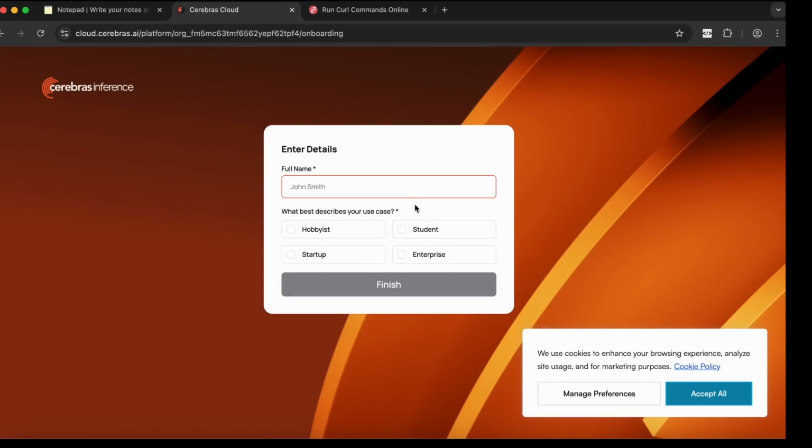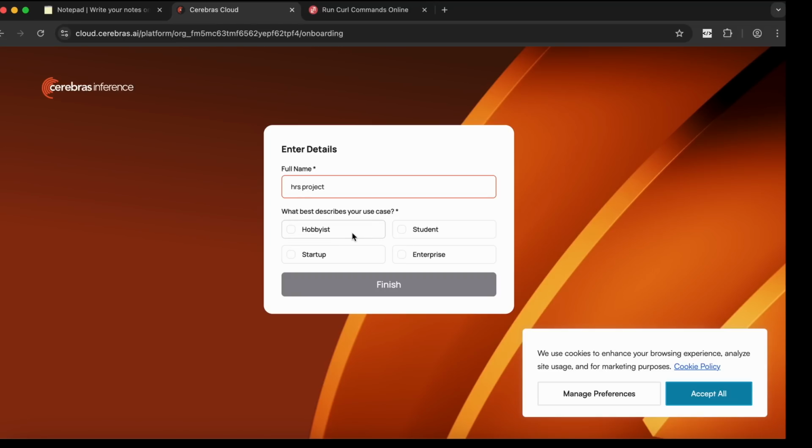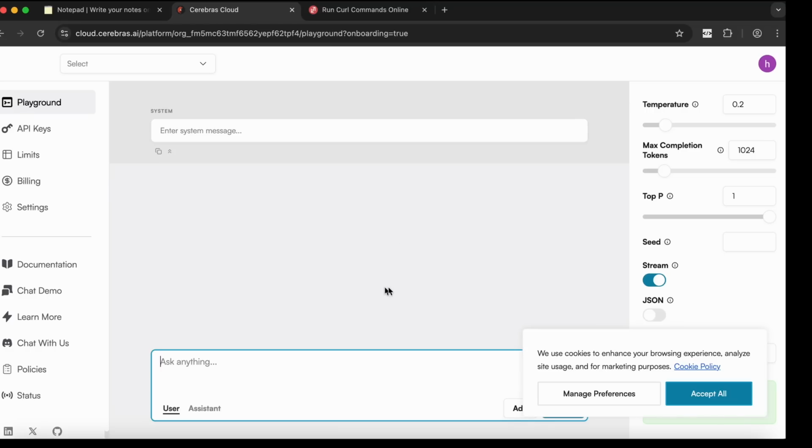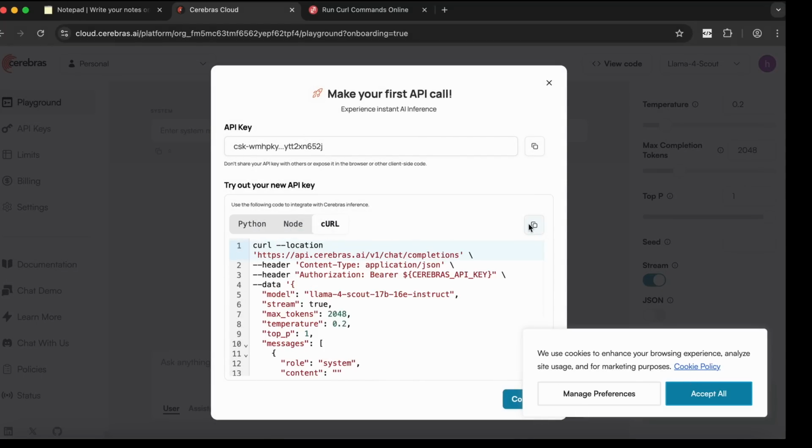We'll select Student as our use case. And look at that. Our API key is ready to go. We're going to copy the curl command for the Llama 4 Scout 17B 16E Instruct model and give it a whirl. And just like that,